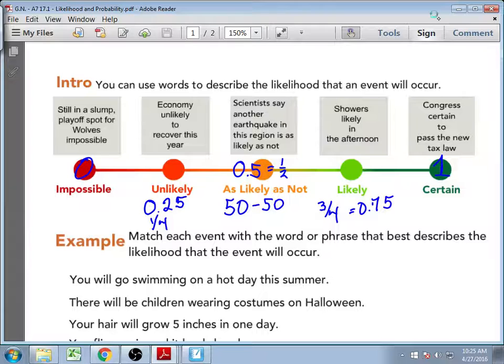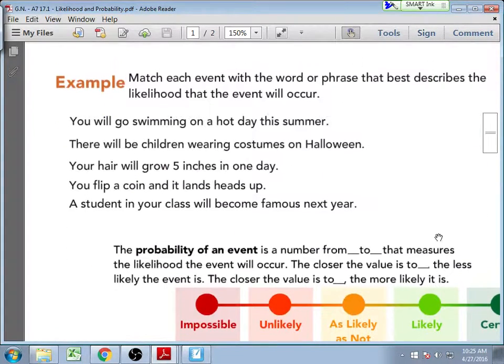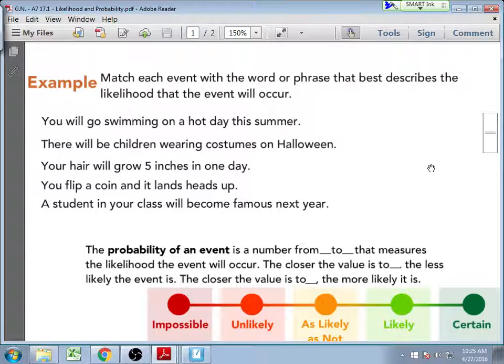Questions on this? The terms that we use? So don't use probably, use something involving likely. So let's define or assign those terms, unlikely, likely, as likely as not, or you could say 50-50, to these events. What do you think the likelihood of these happening are? So, to go fast, we can just start rolling through.